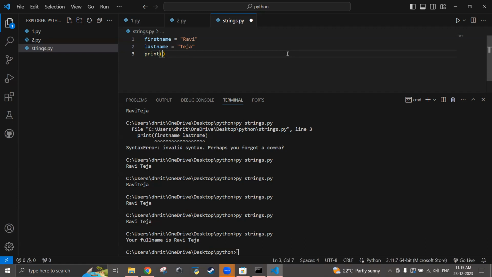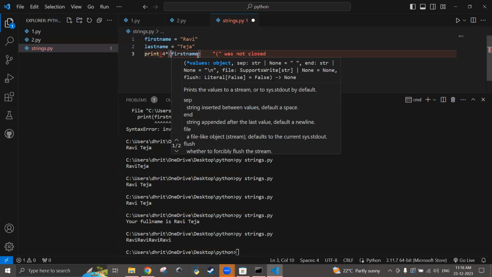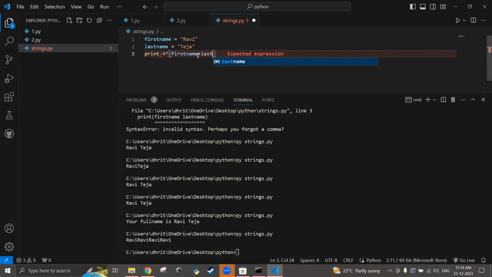So let me write something like 4 into first name. What will happen? The first name will be printed 4 times. That means RAVI, RAVI, RAVI, RAVI. See this? If I write 4 into first name plus last name,